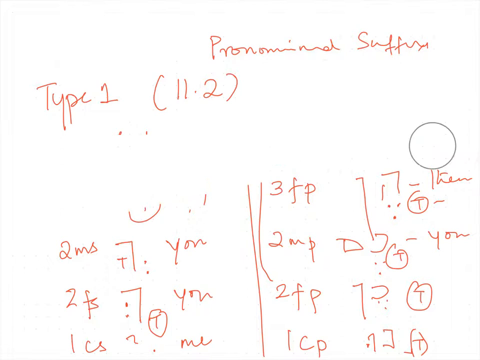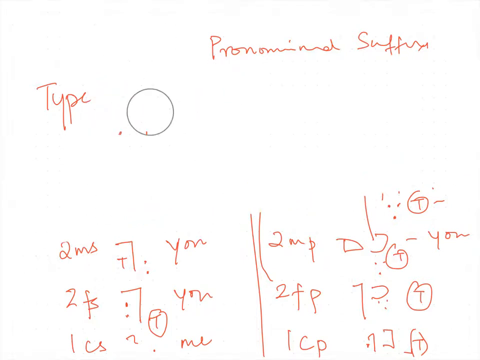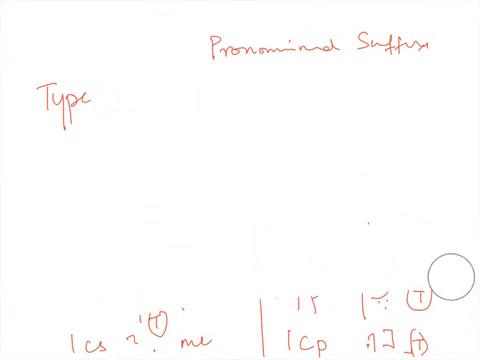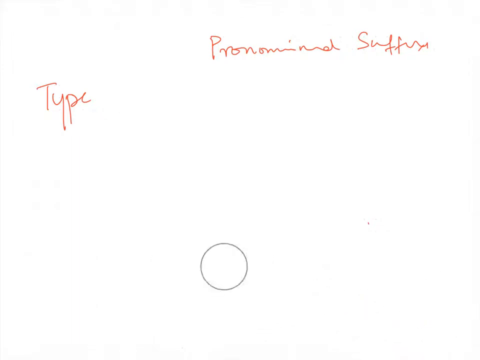Or perhaps I can teach you what type 2 is also. The difference between type 1 and type 2 is simple. Type 2 has a yod attached to it, and you will find type 2 in 11.11 in page Kelly. Alright, again remember, type 2, if I write it down, 3MS is